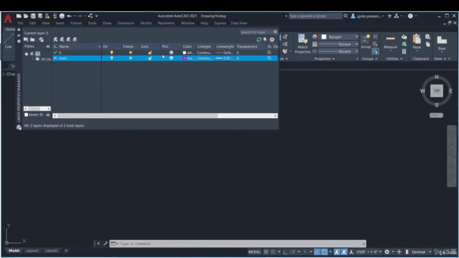As you can see, we have other options here, but when I create my layers, I usually change the color and the line weight. In rare cases, I mess with the other options, but there is the possibility to do so. So as you can see here, you can make the layer freeze, turn it on, off, lock the layer,